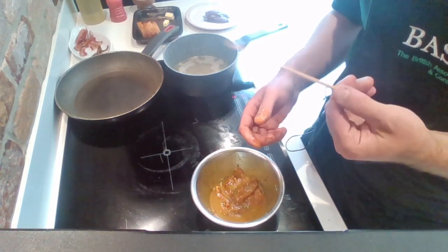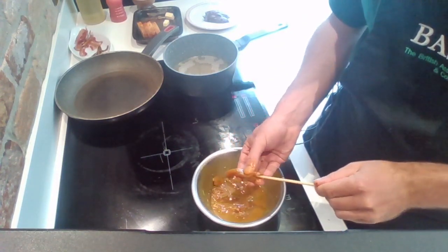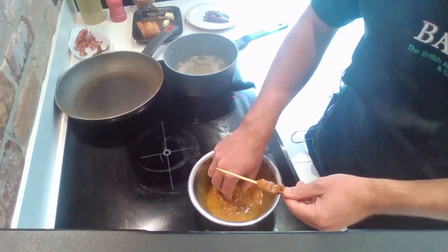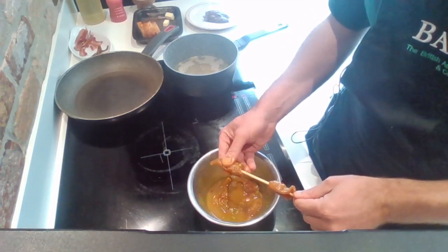Again, soak ahead of time, just soak in some cold water. If you've got fancy metal skewers, all the better. I didn't have any for today, so I just soaked them in cold water for 2 hours. It just stops them catching light, particularly on the barbecue or under the grill. But yeah, just skewering, spreading out, nice